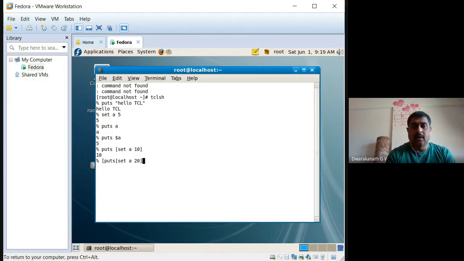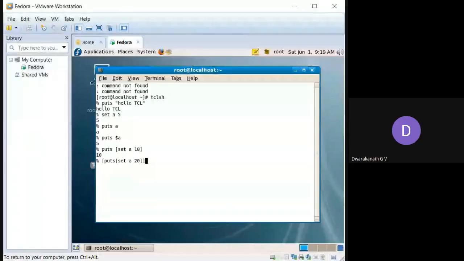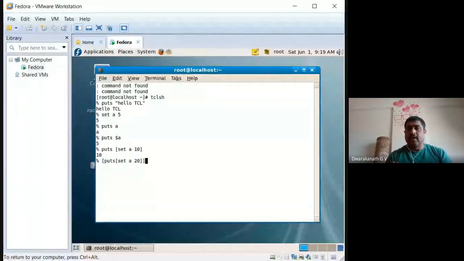The first square bracket will be evaluated correctly, not an issue; A will be set to 20. Then put s 20 is taken, but it never puts on the output screen. So that value will be taken to another command, and there is no other command here, so it's a syntax error. It will say invalid command name, put s 20.